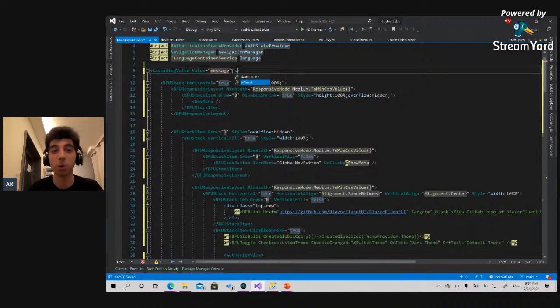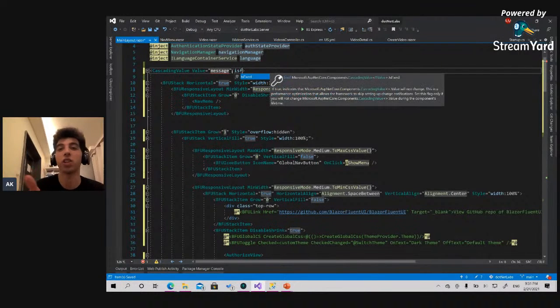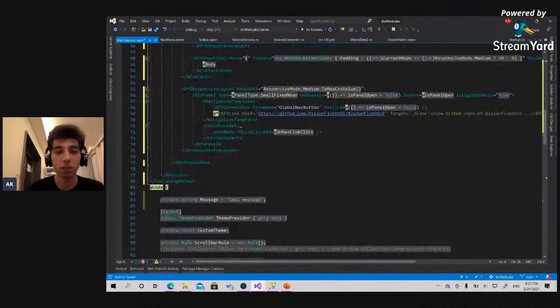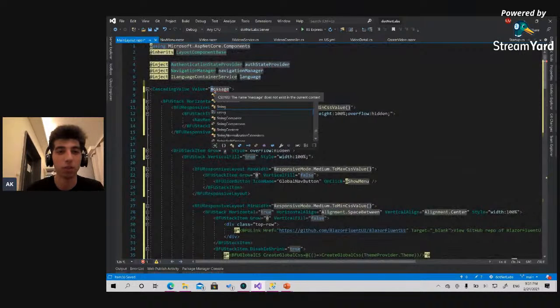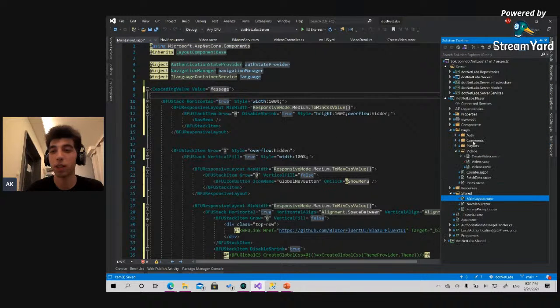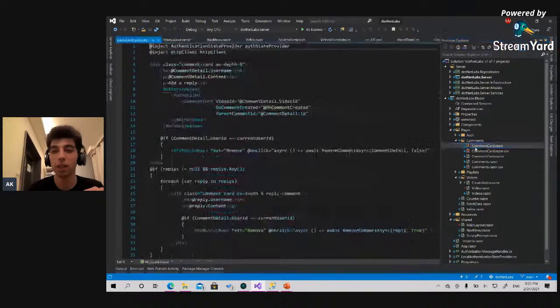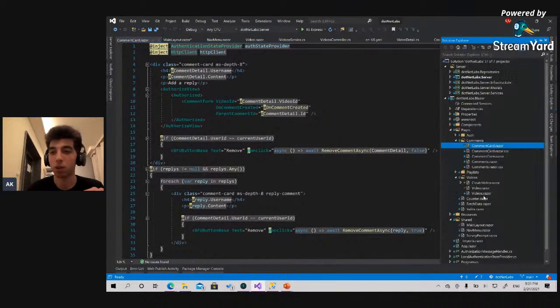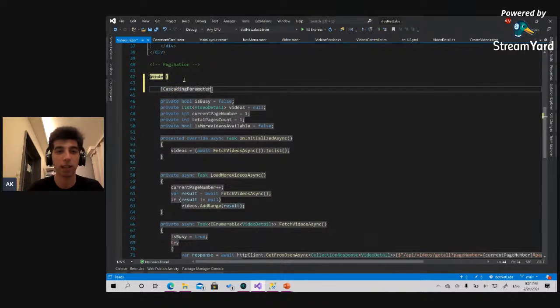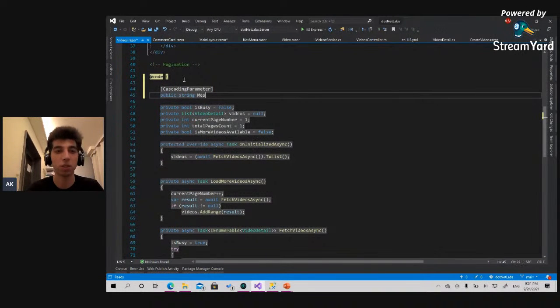And if you don't set this property to fixed, this means the child components are able to change the value of this parameter. The name message doesn't exist in the current context. Oh yeah, it's message with a capital letter. So right now, all the child components have access to this one. For example, you can go for comments, or no, let's go for videos. So here, whenever you have this one, a cascading parameter, public string message,